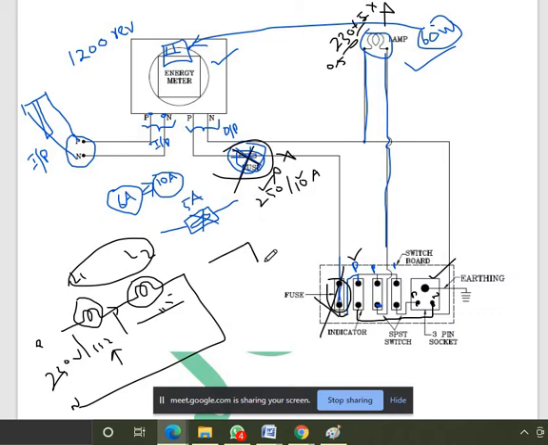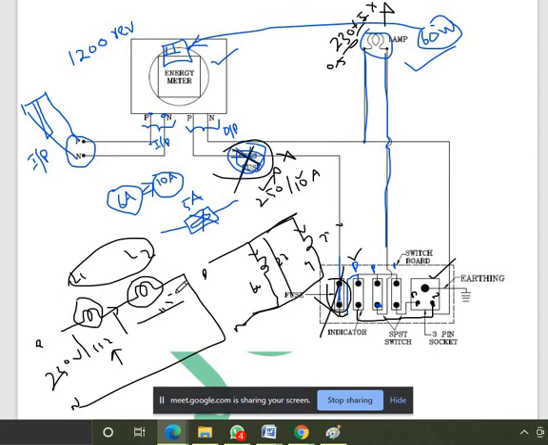Now if you connect the same lamps in parallel, with phase and neutral, you can measure that the voltage across the two lamps is the same. Here 230 volts and here also 230 volts, so the lamps will glow at full brightness. Based on the lamp capacity, a different current will flow through each, because lamp 1 is 60 watts and lamp 2 is 40 watts. The 60 watt lamp will take a larger current, and the other will take a minimum current comparatively. So whenever you connect in parallel, only then will the lamps glow brightly.